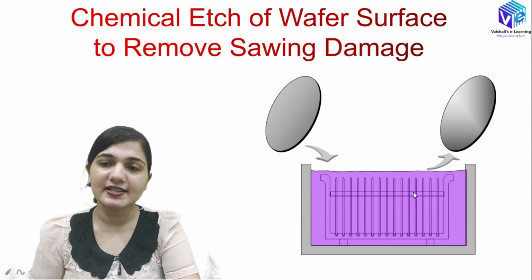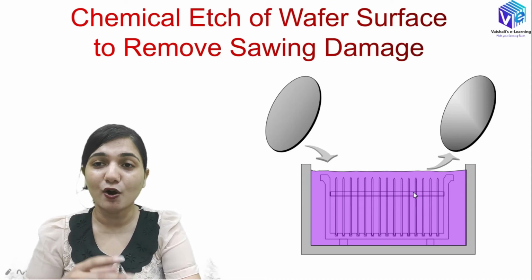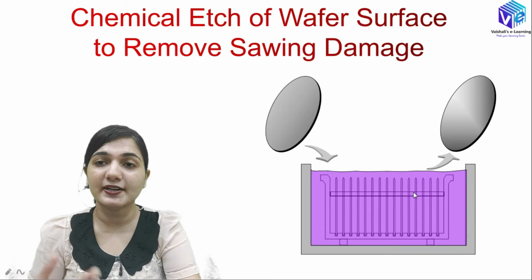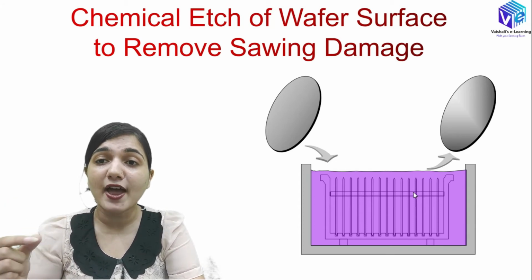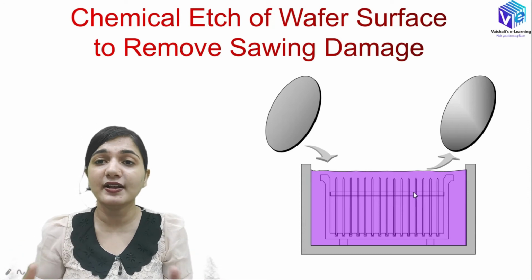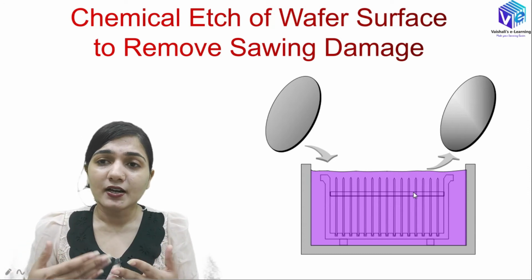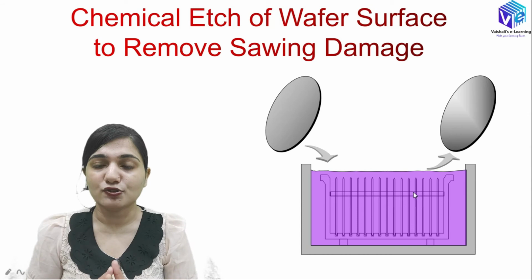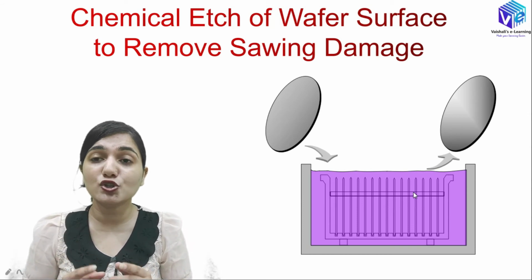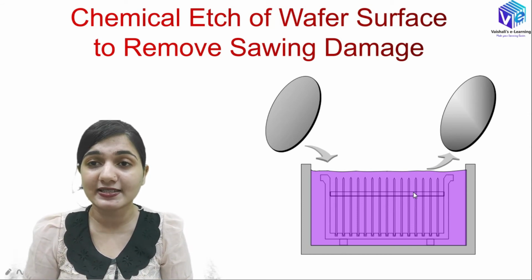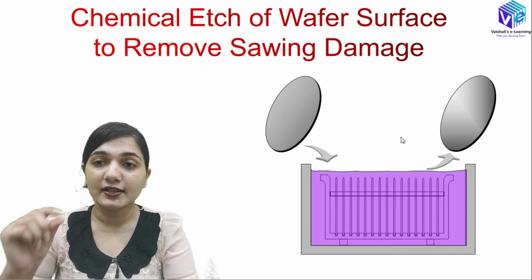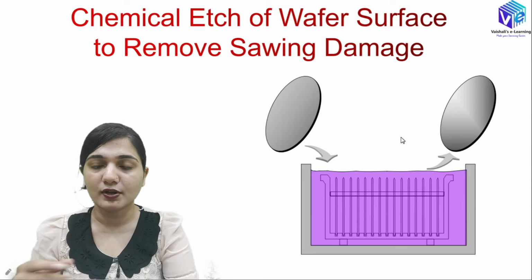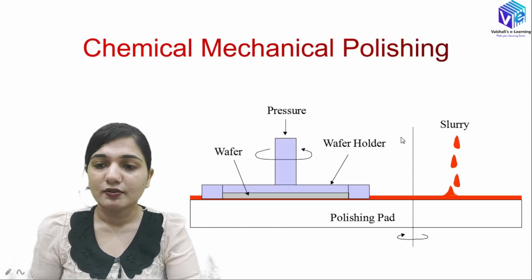We don't want our silicon to be etched out for a longer duration of time. If it is etched for a longer duration, it will become more and more thin, so it will not have the desired mechanical stability. If I want my silicon to have the desired mechanical stability, then I have to have a thicker silicon wafer. Otherwise it will break down.